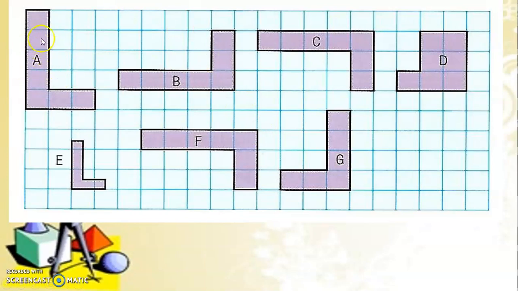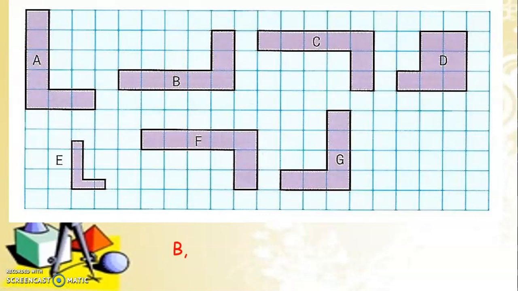Let us look at which shapes are congruent to shape A. So B, it looks like the same as the shape of letter A. So let us see how we will know. On this side, it has 5 squares, and on this side, it has 3 squares. So B also has 5 squares and also 3 squares. So it means B is congruent to